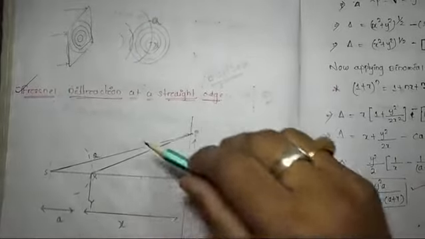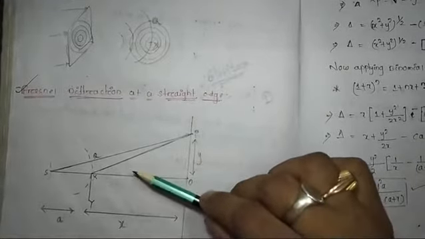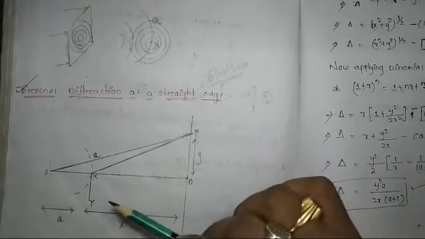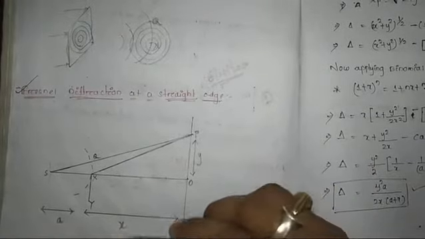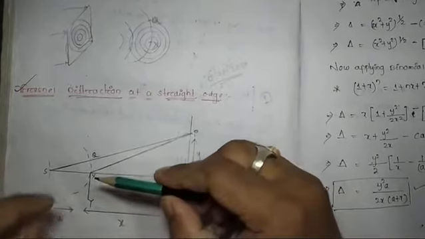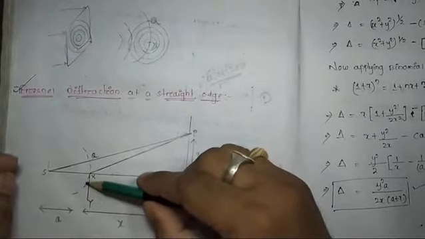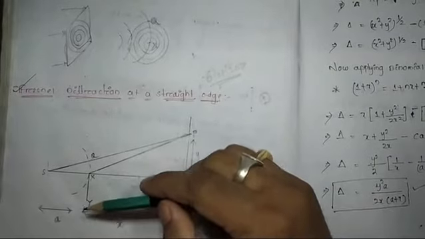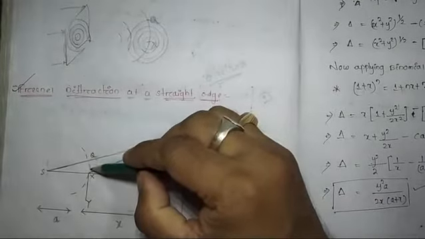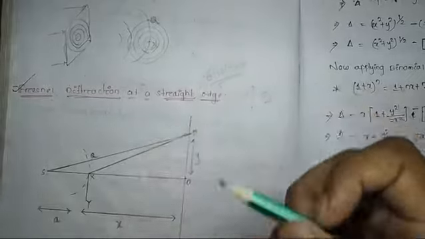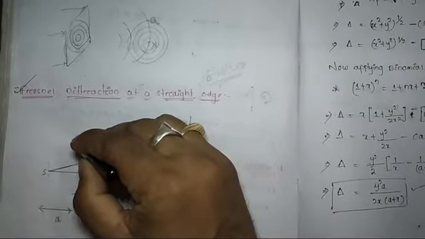Today we are going to discuss Fresnel diffraction at a straight edge. This is the figure which represents the diffraction through the straight edge. This XY is the straight edge, one edge XY. Suppose this is A